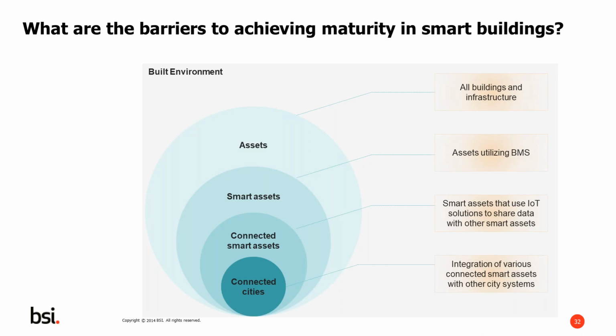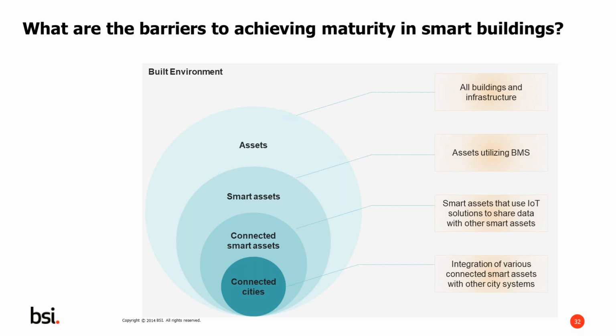So this infographic just shows very simply some work that we've been doing in a few workshops to show a hierarchy of how we see the built environment and assets within that working. So assets in general are all buildings and infrastructure. And assets that currently you would call smart assets would be those that are utilizing building management systems, which tend to be fairly varying degrees of interoperability and maybe not as well connected and maintainable and open to other technology sources as they could be to enable true smart buildings and smart infrastructure.